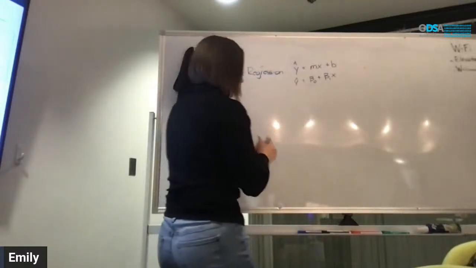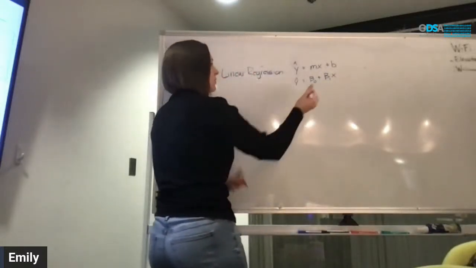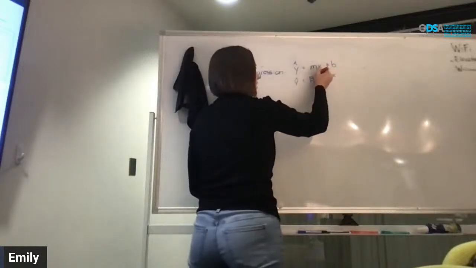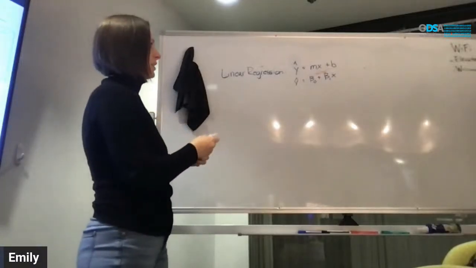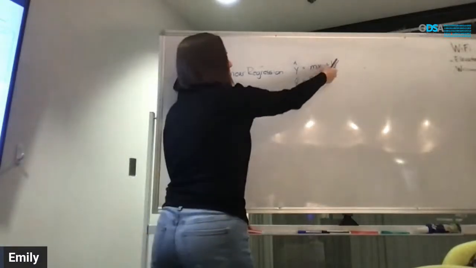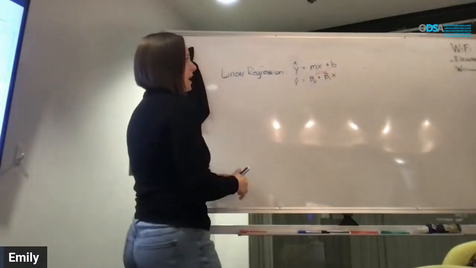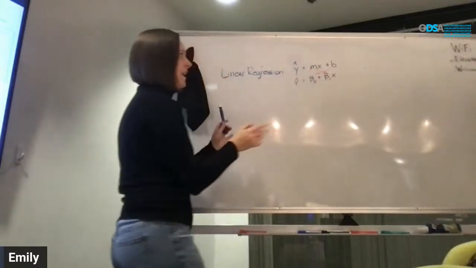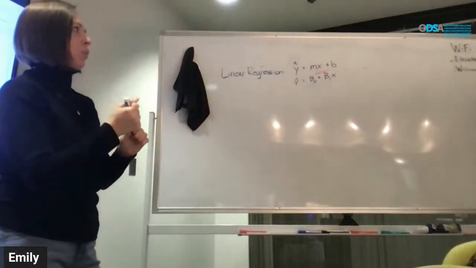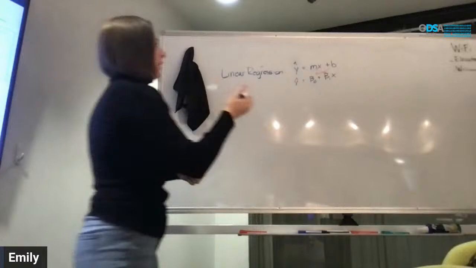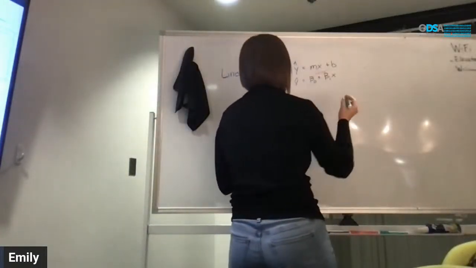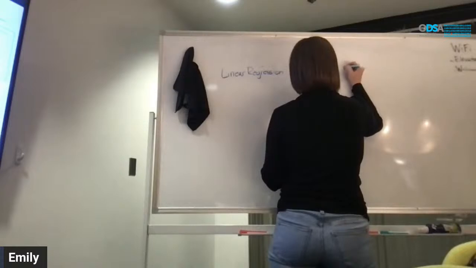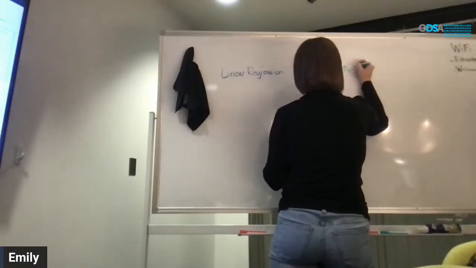Where in that formula, all we did is we moved the b to the front of the formula instead, and we made the m a b. We made the m b sub 1. So we put this b over here and we called it beta sub naught, and we made that an m, we made it a beta sub 1 instead. Where, in this, what these are, beta sub naught is our intercept.